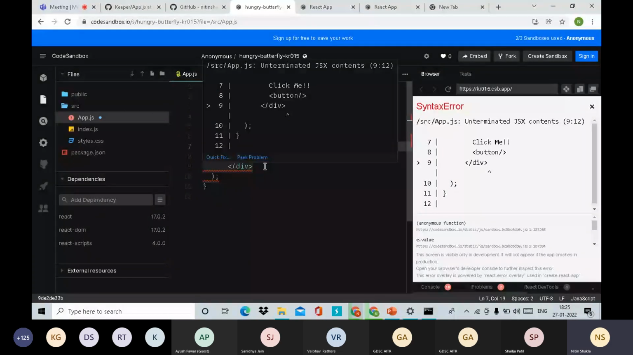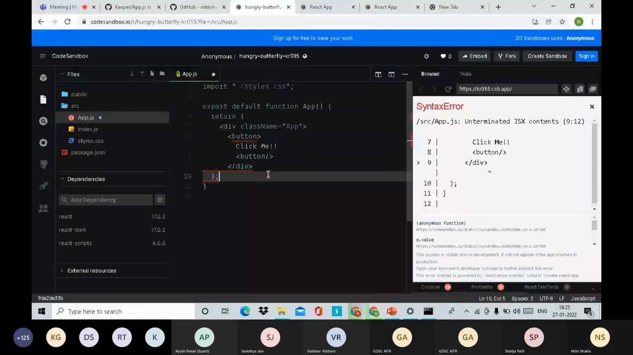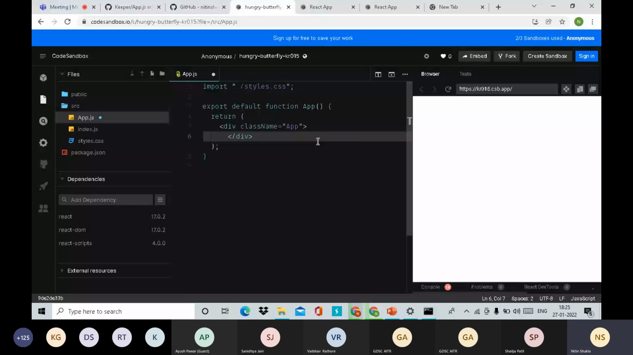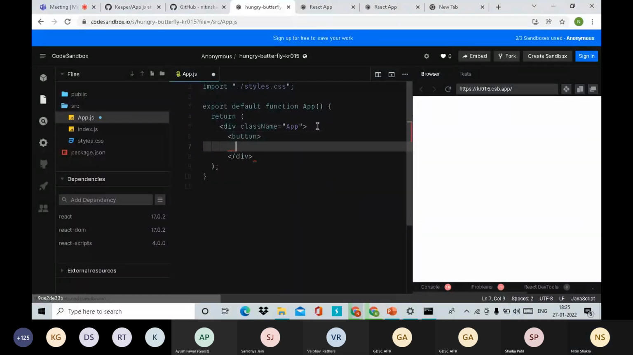JSX code is terminated. Okay, some issue. Okay, and here we have click me. Okay, so